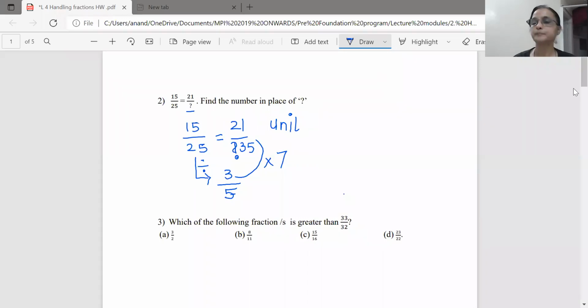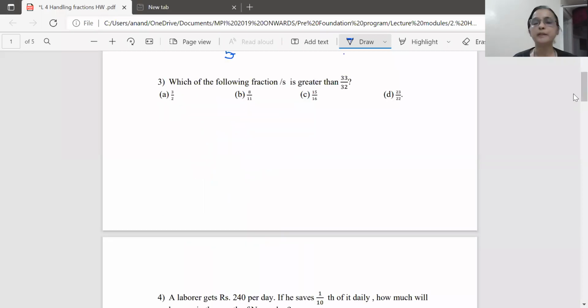Okay. Now, the third question. Which of the following fractions is greater than 33 upon 32? Four fractions are given. 33 upon 32 is an improper fraction, so it is greater than 1. And if I observe all the four options, 8 upon 11 and 15 upon 16 are proper fractions, so they